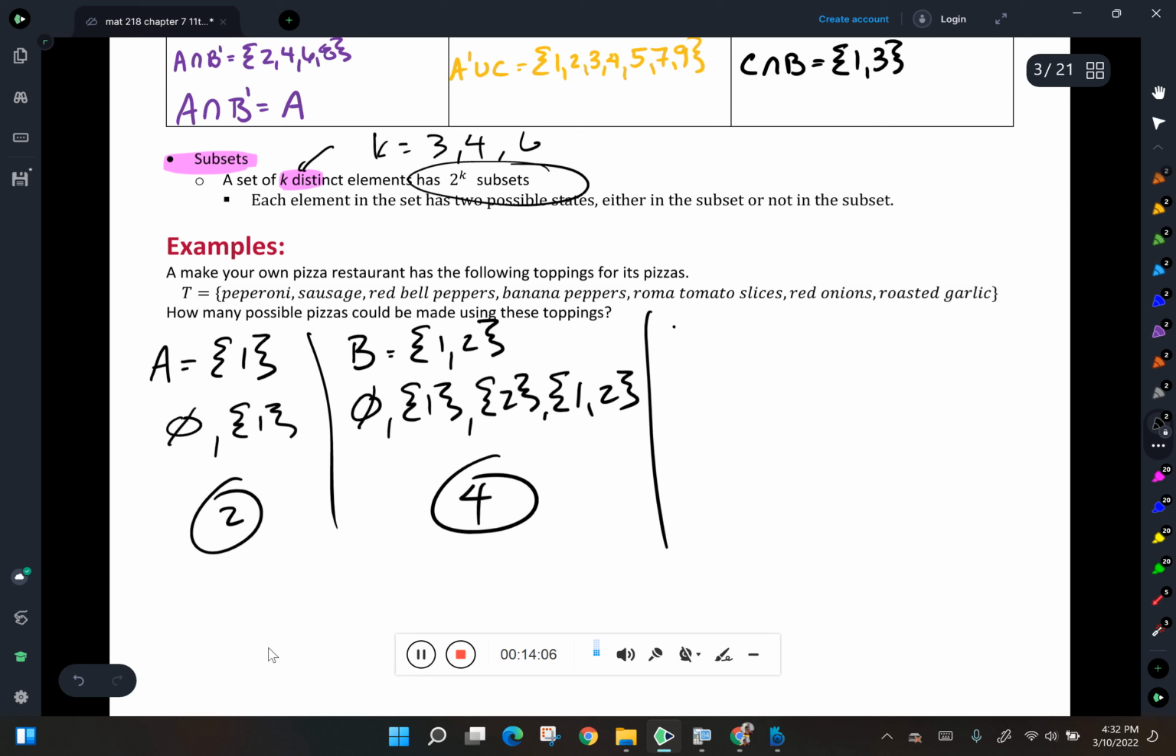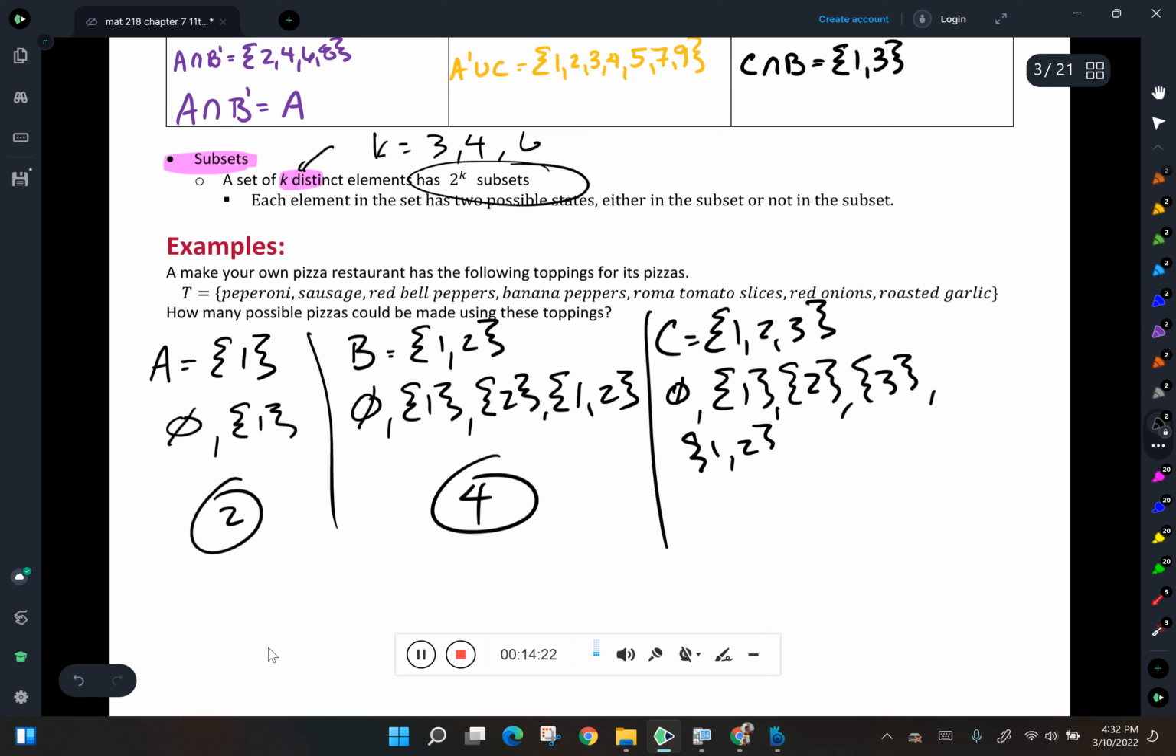If I had a 3-element set, 1, 2, 3, it's going to have the empty set. It's going to have the element 1. It's going to have the element 2. It's going to have the element 3. It's going to have the elements 1, 2. It's going to have 2, 3. It's going to have 1, 3. And it's going to have 1, 2, 3. So how many is that? That's 1, 2, 3, 4, 5, 6, 7, 8. That's 8